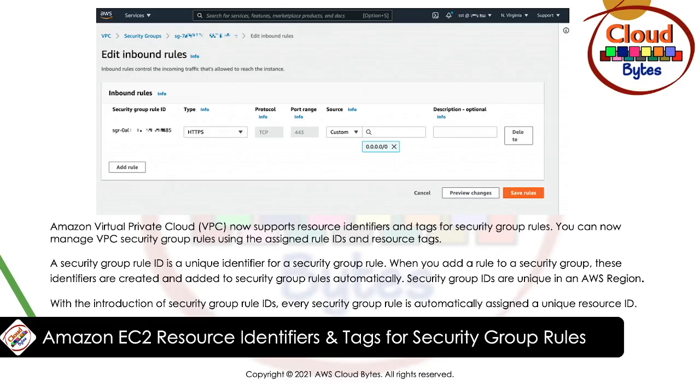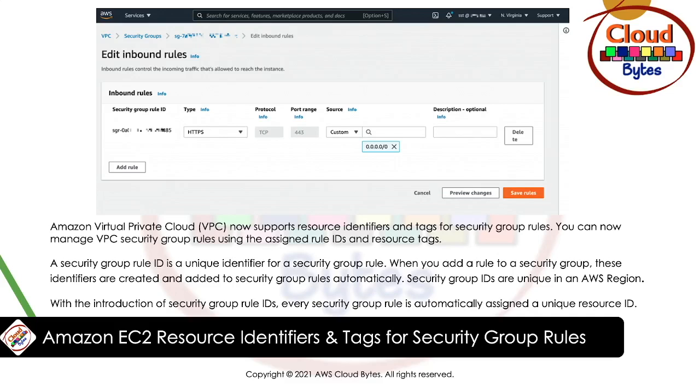With the introduction of security group rule ID, every security group rule is automatically assigned a unique ID. Using those unique IDs, you can reference security group rules in your automation tooling by their unique identifiers. Thus, it is simplifying revoking or updating any kind of security group at scale. In addition to this, you can specify tags for security group rules and manage them in a more structured manner